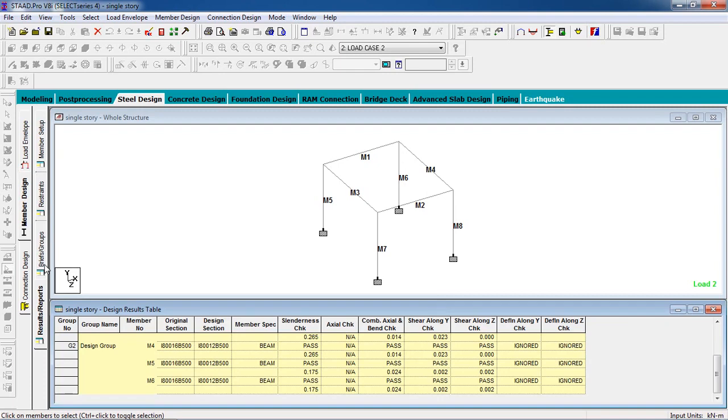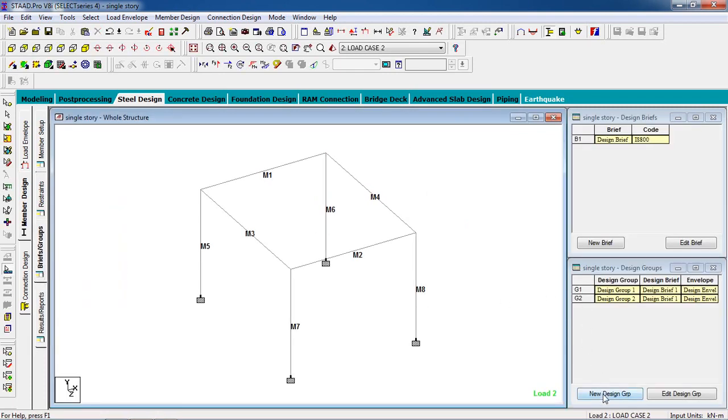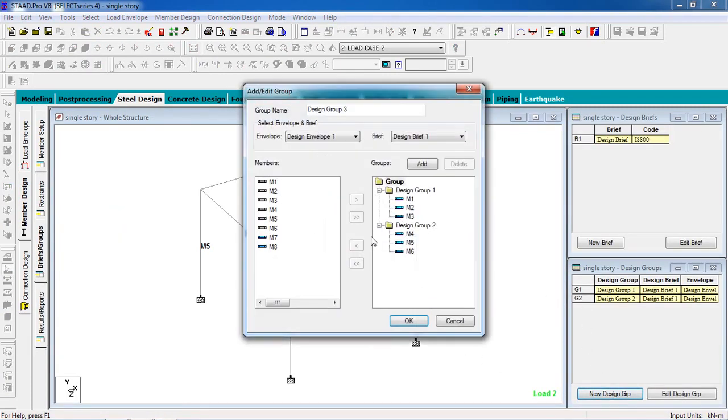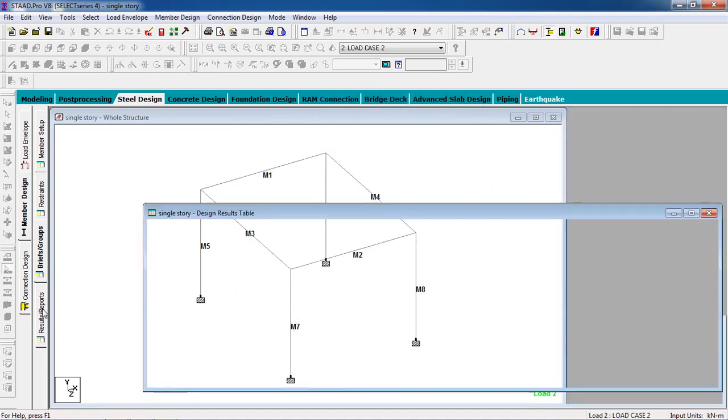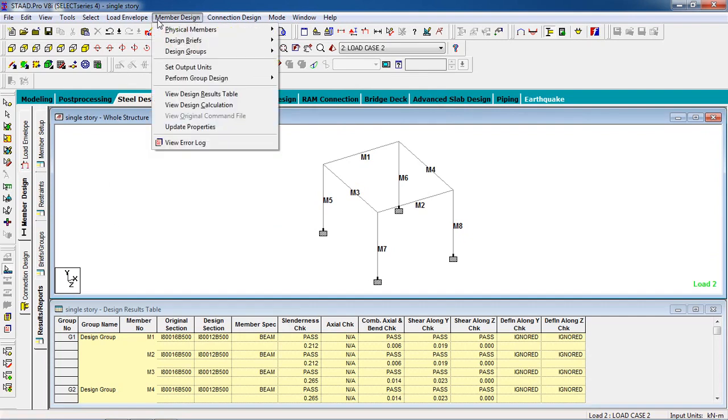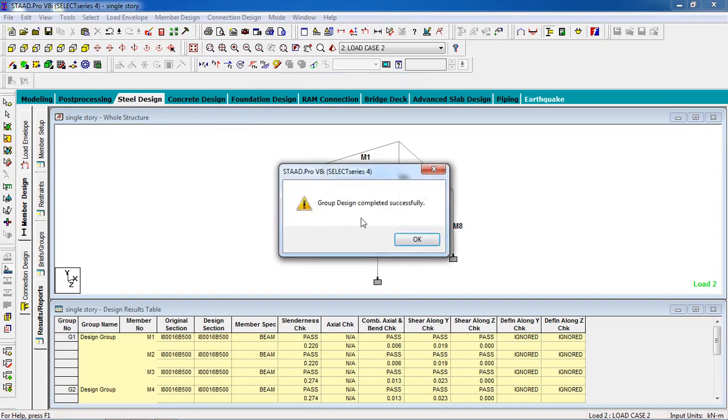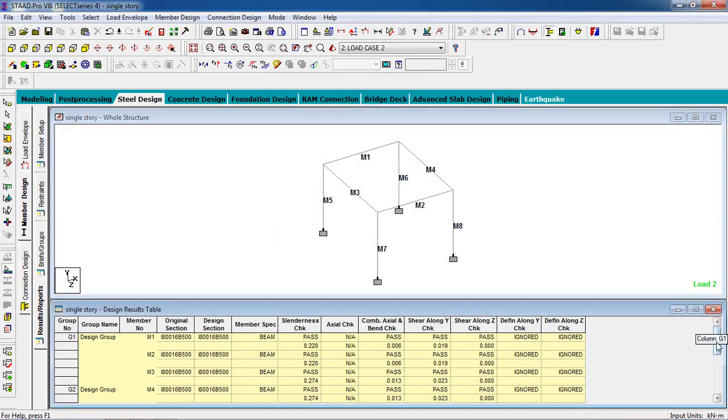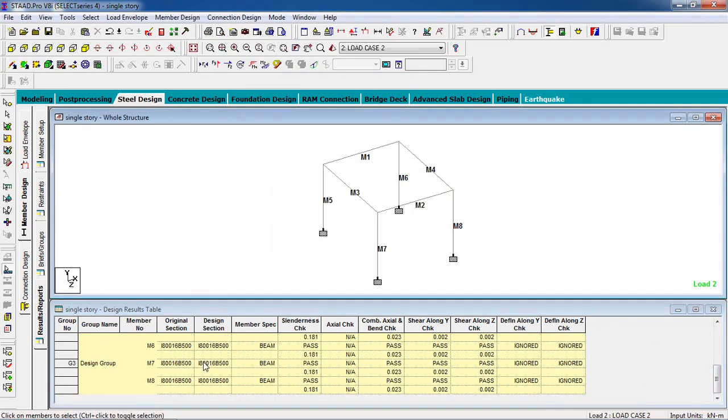Now again go to brief design, add new design group and add a group, and select the remaining 2 members. Now go to result and reports, member design, perform group design, check code. Again these 2 original section and design section are the same.